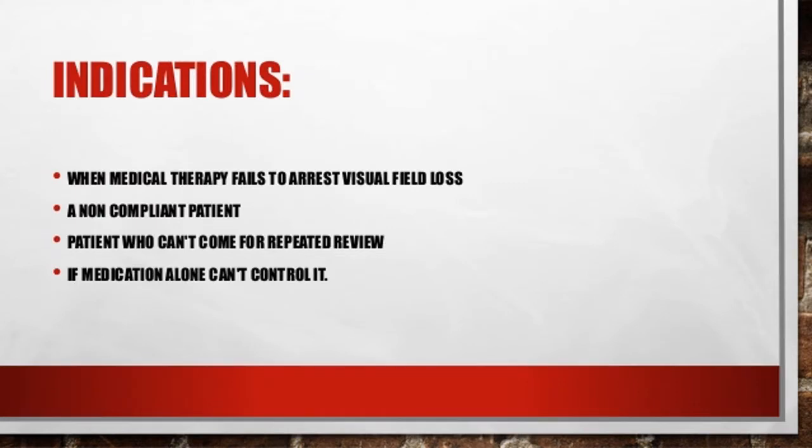So when you need the surgery during glaucoma, you all know when the patient is on medical therapy and not responding to that, or the patient is not compliant with the drugs, because sometimes a patient may need 2 to 3 drugs simultaneously. The old age people are there, and it's very difficult to maintain the multiple drugs. Also, if the patients are staying far away and unable to come for the follow-up for glaucoma, then in such cases also we prefer the surgical mode of treatment.